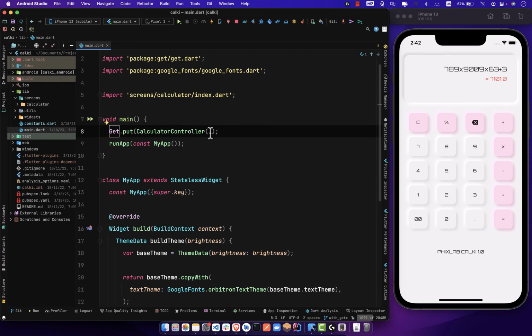So if this is your first time seeing this kind of thing, maybe you're new to GetX, this is how you actually call up your controller to use it. All right, so the controller can be set up. This is not the only way to do that, but because this is a one screen app,